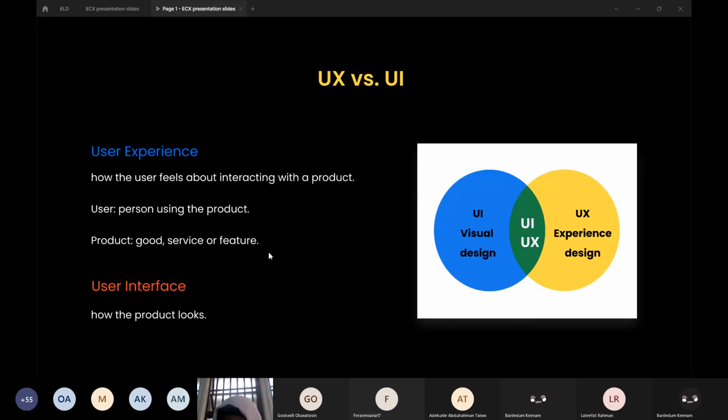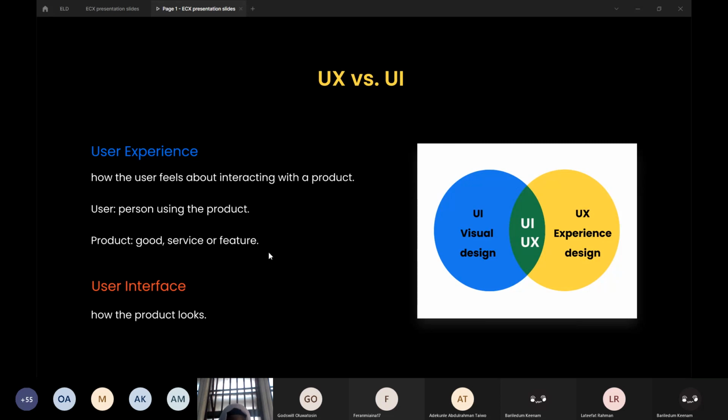Okay, so what is user experience or UX? User experience is how the user feels about interacting. So it focuses on how they use or experience a product, like their feelings, mood, or emotions, how easy they find the product, and how appealing the product is to them. We all use mobile apps or any product, be it chips, a chip is a product. So we all have our experiences, or in one way or the other, we've had good or bad experiences in